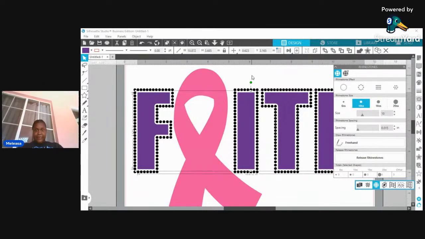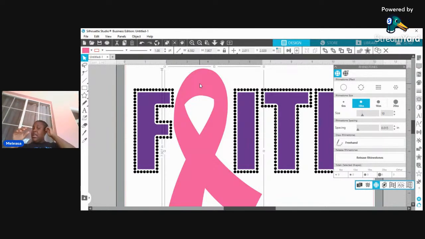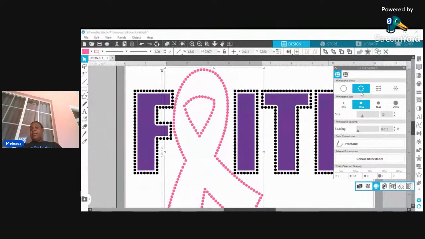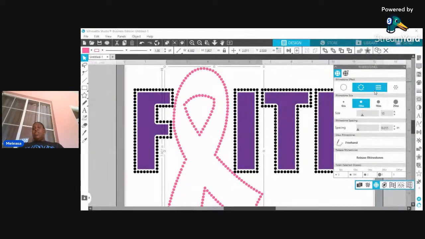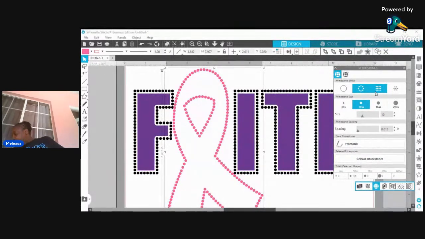So, for instance, let's look at the pink right here, this pink little bow. If you notice, it is curved. The nature of it is it has a lot of curves. If I use the edge, this is what it's going to look like, which is cute, which is okay, but I think it will look better in a fill, okay? But if you use the linear fill,